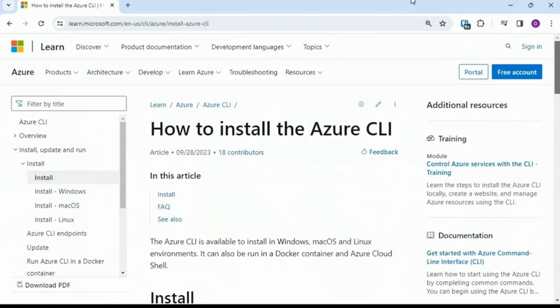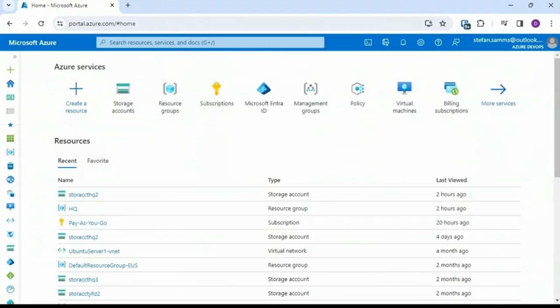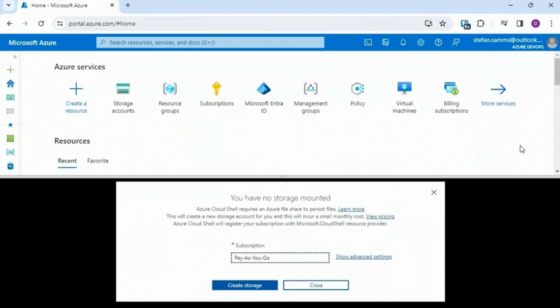The Azure CLI. CLI stands for Command Line Interface. It allows us to manage our Azure services from the command line. Now, there are many ways that you can access the CLI, including getting to it through the Azure portal. For instance, here in the Azure portal, if I hover over the icon to the right of the search bar with the search field at the top, it pops up and says Cloud Shell. You can launch Cloud Shell in Azure, which is a way that you can have access to command line utilities